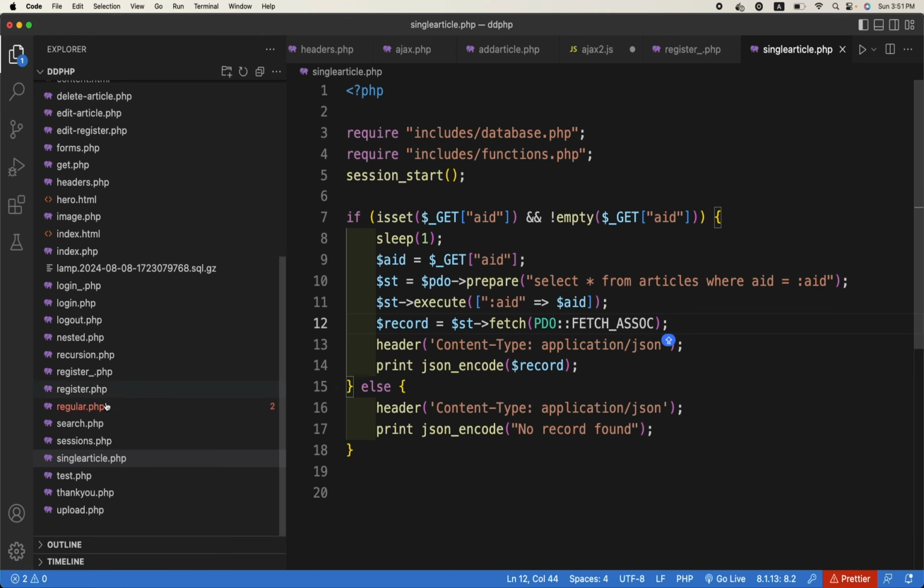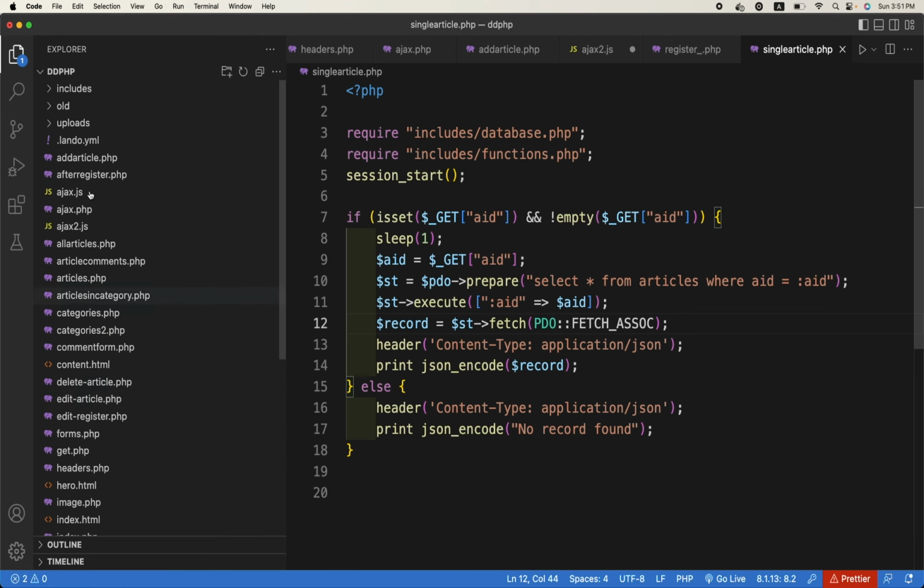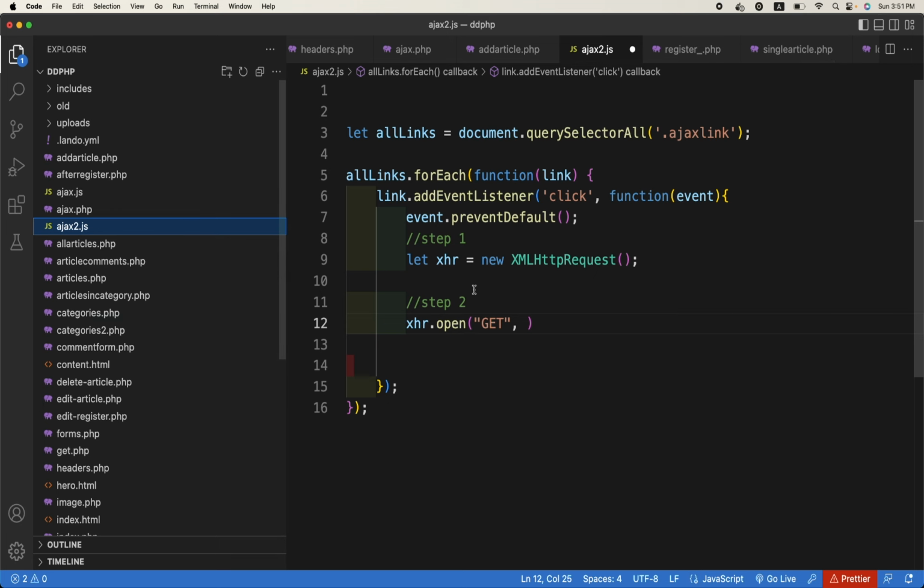So in ajax2.php, which we are doing here, in JS, here it should be single page.php, right? And question mark AID is equal to some value, whatever it is. Right now let me just make it 5 hard coded,